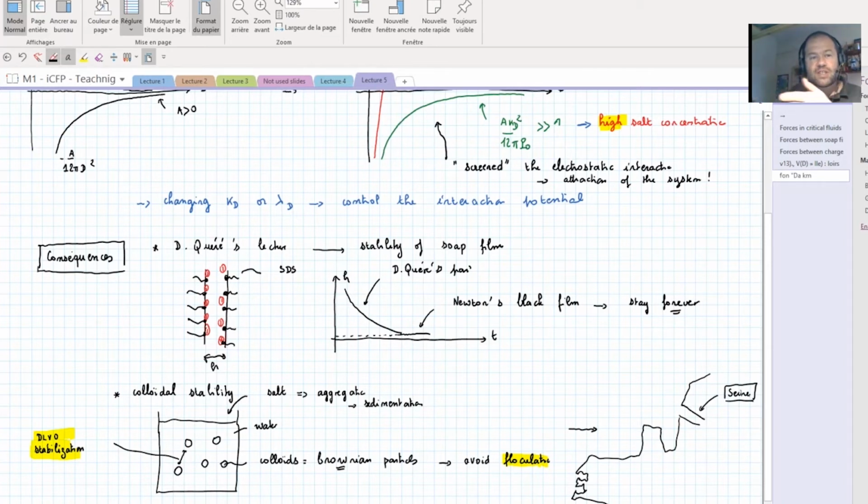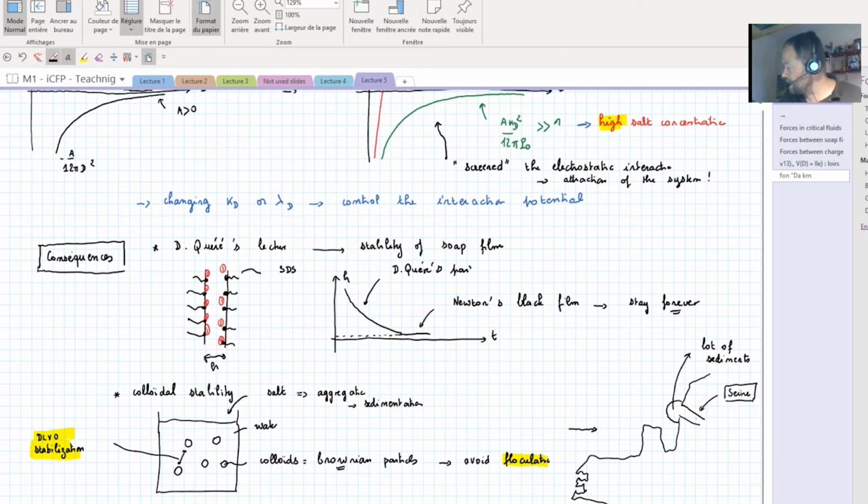Seine or any river which goes to the sea, and usually when you look at pictures seen from above, when you are in this area, you see that you have a lot of sediments. Yes, you have a lot of sediments when a river goes to the sea. And the reason why you have a lot of sediments is exactly the one that we have just seen here,